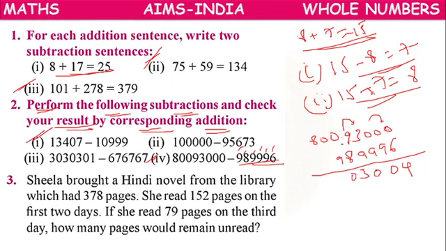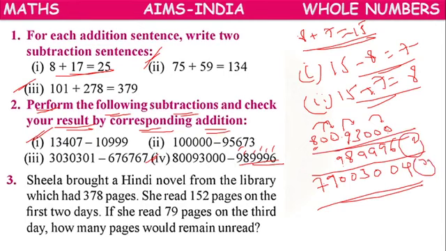8 minus 8, 0. Here 0. From 0, 9 we cannot remove. We will take 1 borrow. Here 9 will be there. 9 minus 9, 0. So here in the place of 0 also 9 will be there. We have taken borrow from here, actually from 8, not from 0. So here 7 will be there. So this is the subtraction part. So you have to do addition also. Again, if you add this second one and this third one, again you have to cross check whether you will get this number or not.